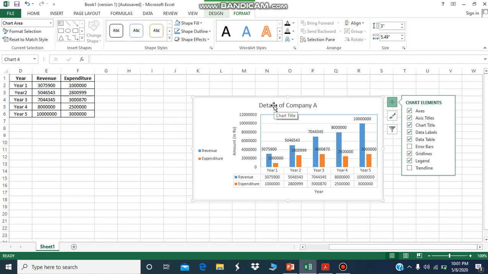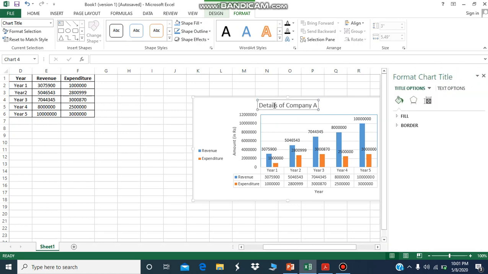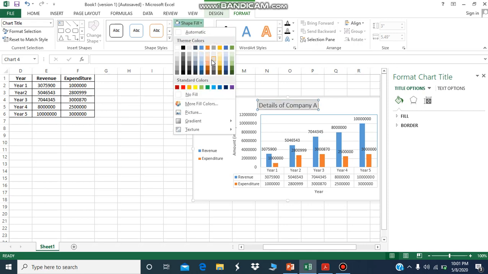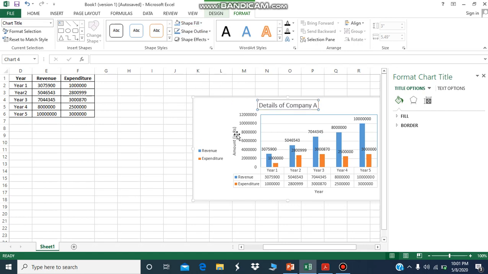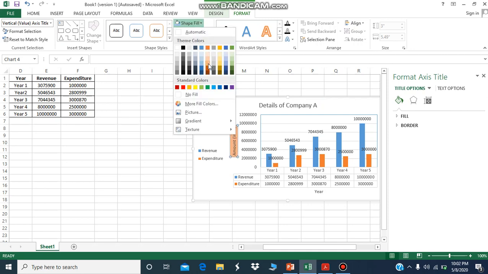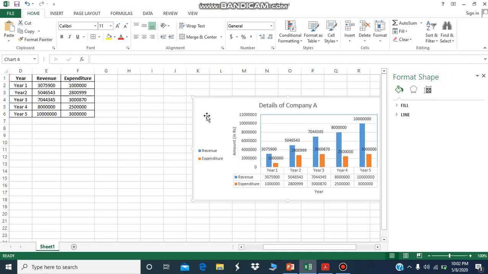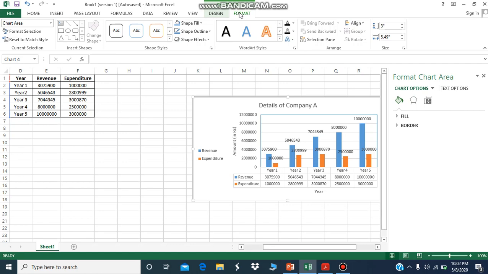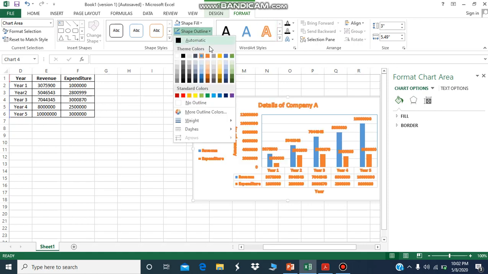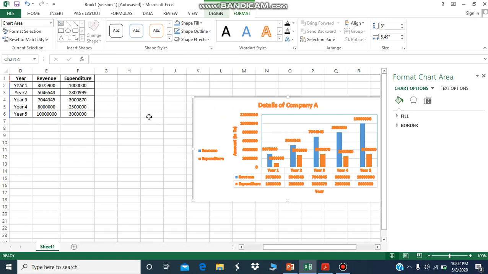Like for example, if you click on the chart title and by clicking on shape fill, you can fill it with any color of your choice. Same with axis titles, choice is yours. You can add any shape fill. You can also add word art styles too and shape outline which you want. Shape styles,